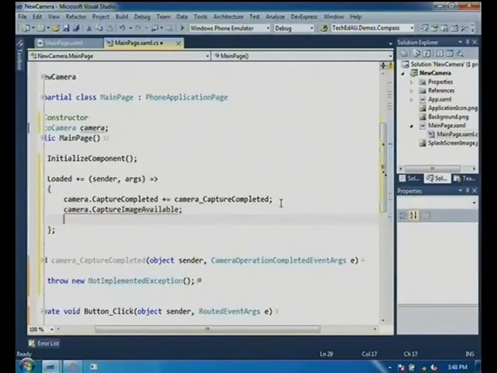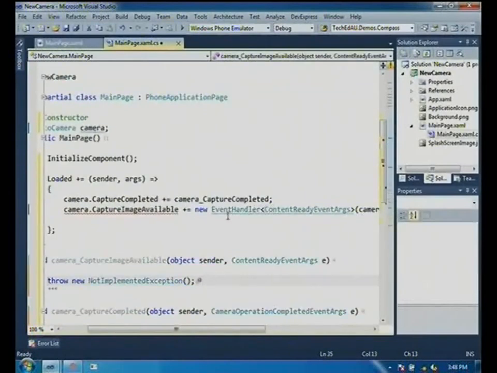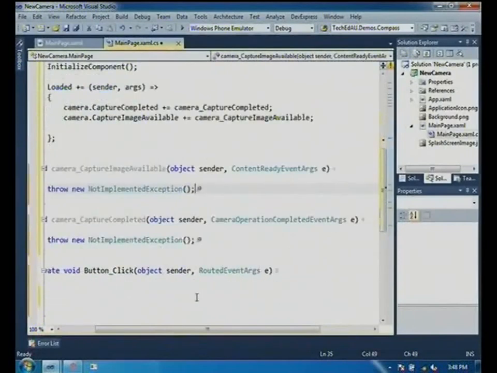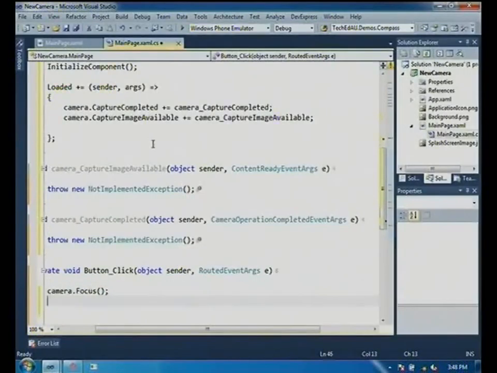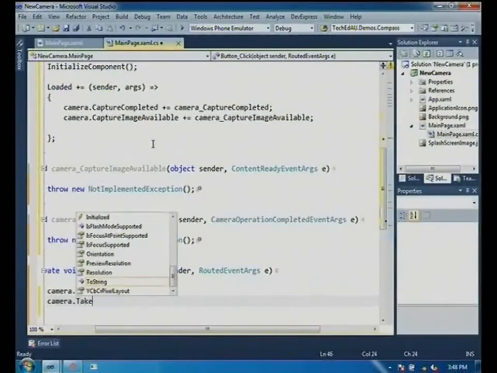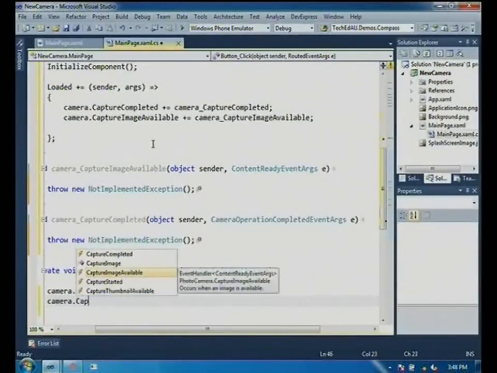Capture image available, to say it's going to get fired when you've actually got an image available. Then you can process the image and do what you want with it. Right, so then we've got camera. You want to focus it. Then we want camera dot take capture image.